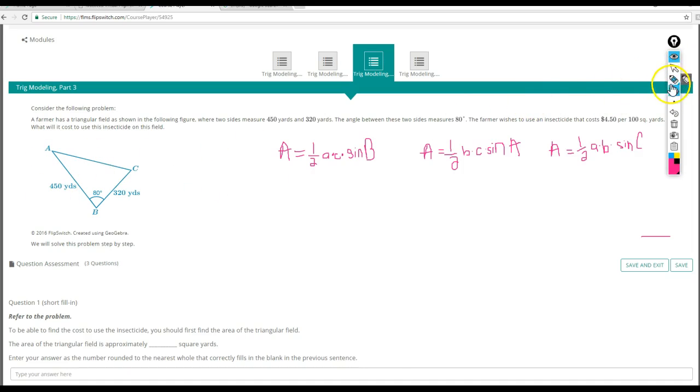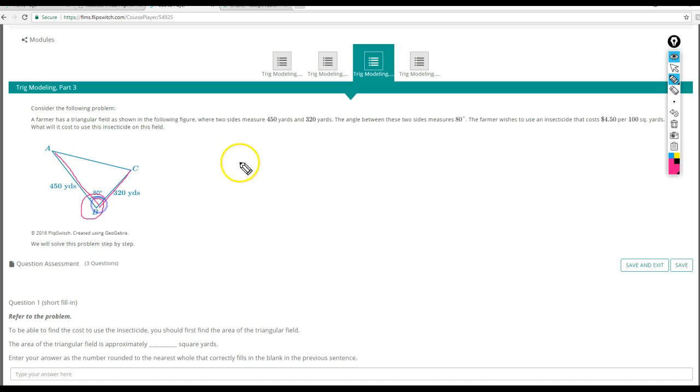So that being said, I'm going to look at the angle that they gave us, which is angle B. They do provide us the two adjacent side lengths, which are 320 yards and 450 yards. So the area is going to equal 1/2 the two adjacent side lengths, which is 450